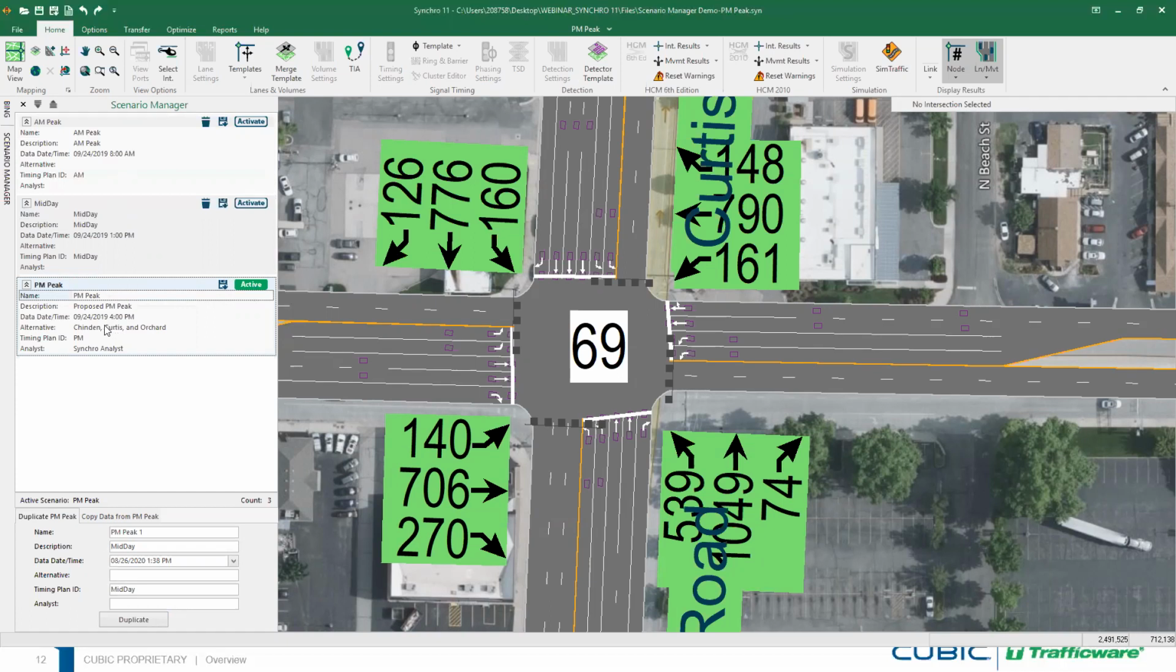Let's actually transfer the volume data from PMpeak to midday. Okay, so that's the purpose. I just want to show you how you can transfer data between the scenarios. So now, as I want to copy or transfer the data from PMpeak to midday, I'm going to select